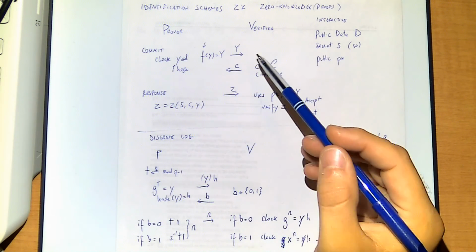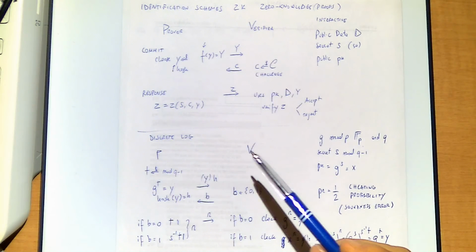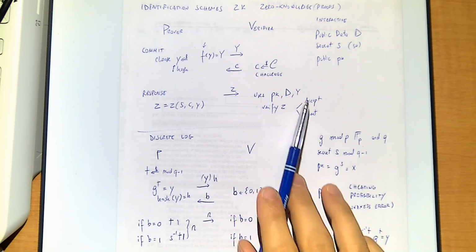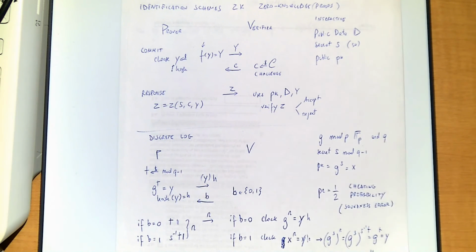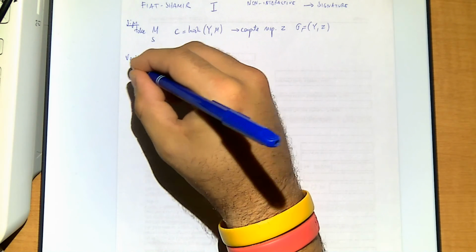You're doing these steps all as a signer, because it has to be non-interactive. And then the verifier will just do this bit. Essentially, will verify as in the identification scheme. So this is the signing process,